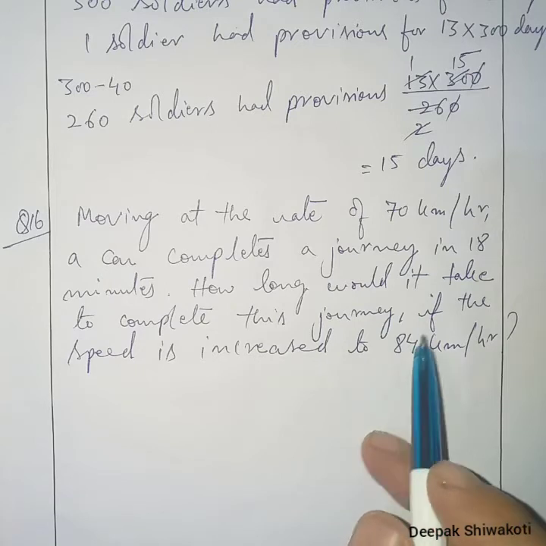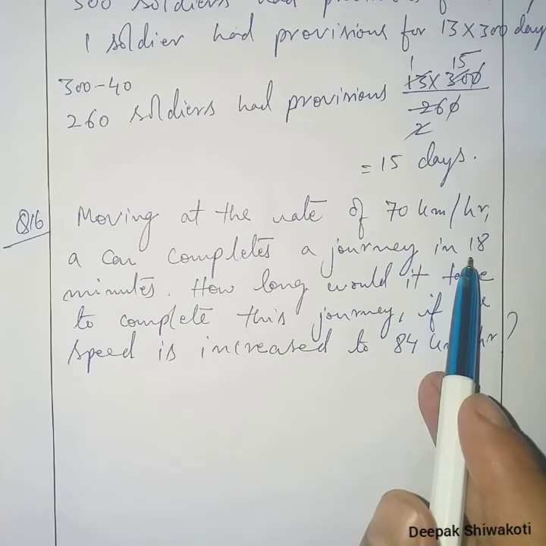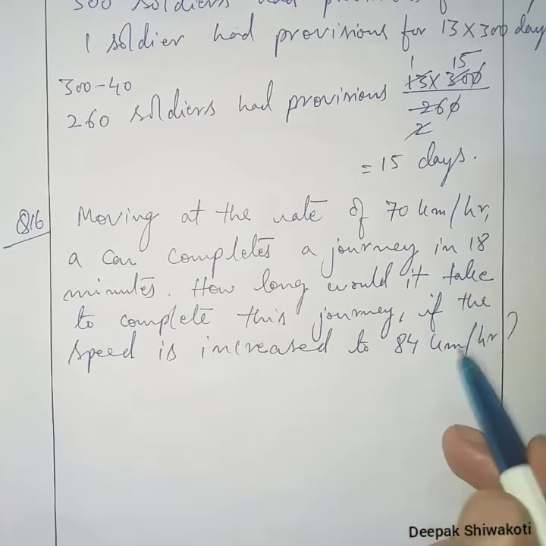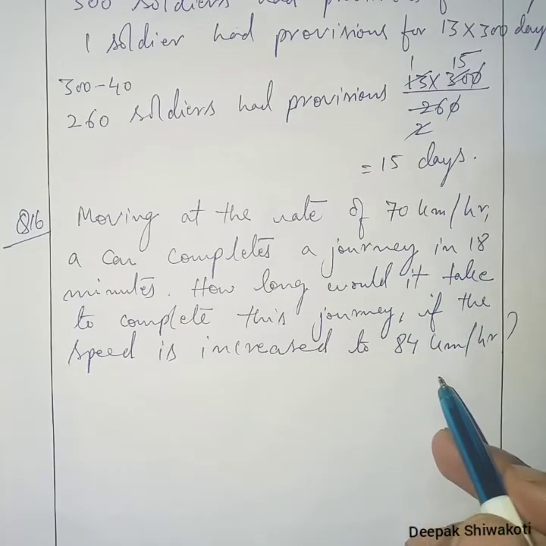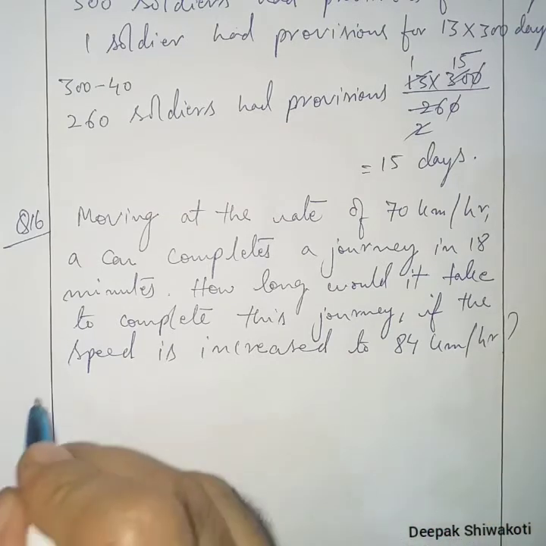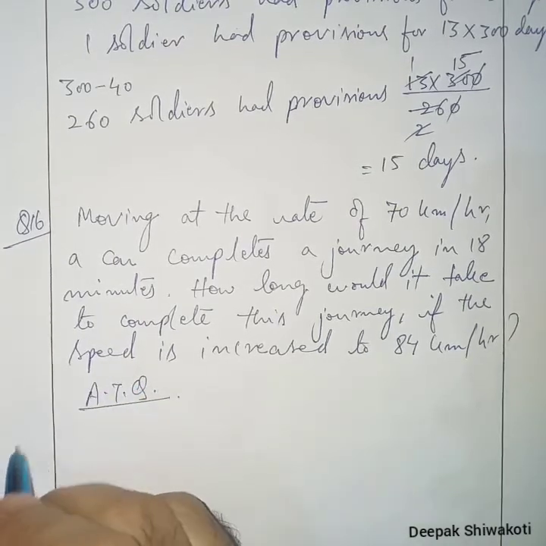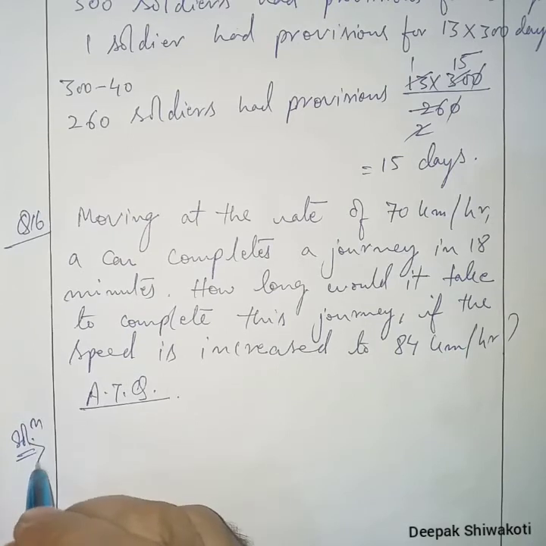That means when speed increases, the time taken for the journey will be less, isn't it? So we have to find the time taken. So time will be this side and speed will be this side. So according to the question, the solution will be: